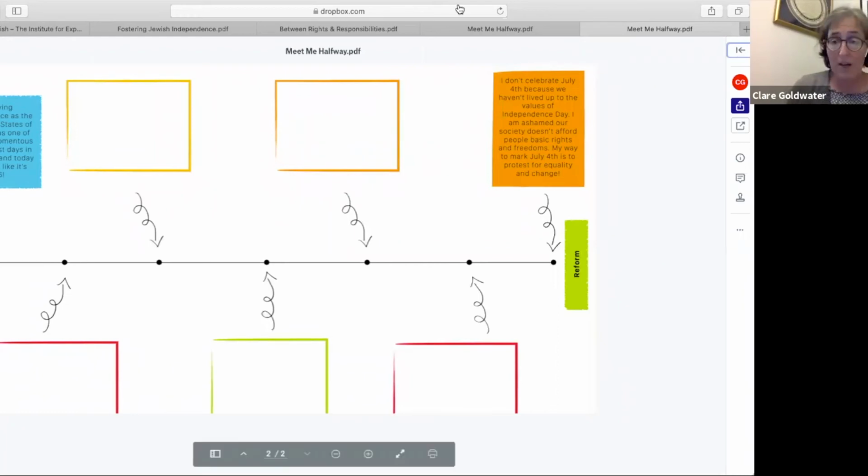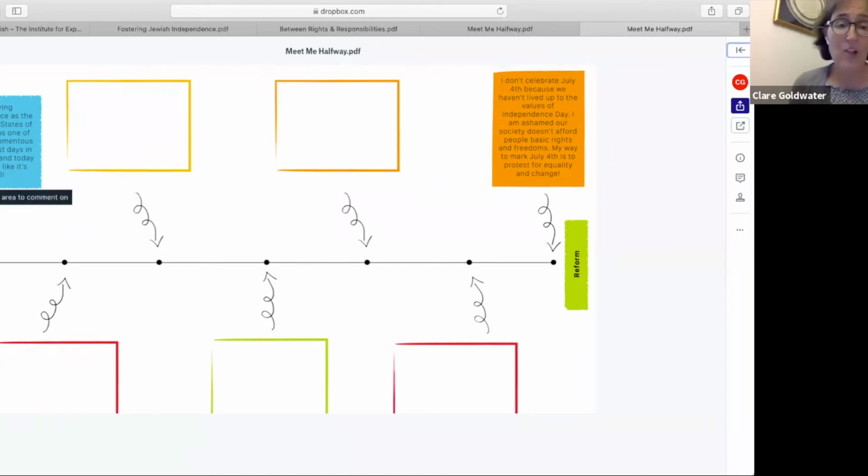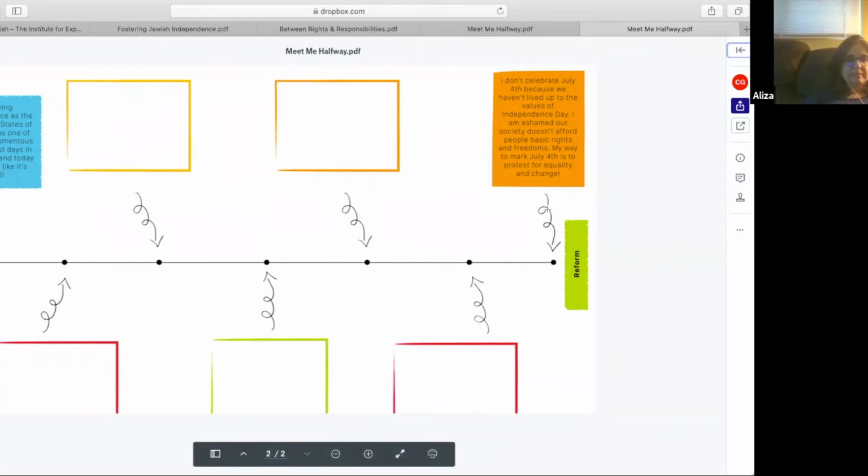So on one extreme end of the spectrum, at this end, closest to where tradition is the value, you might say that achieving independence as the free United States of America is one of the most momentous and happiest days in our American history. And I'm going to party like it's 1776. There is no limit to my celebration. It's a wonderful day, and I'm going to absolutely give it all I've got. Okay, the other side of that